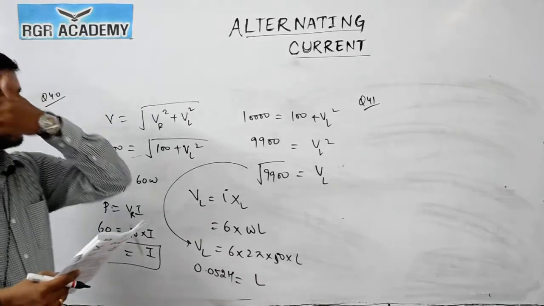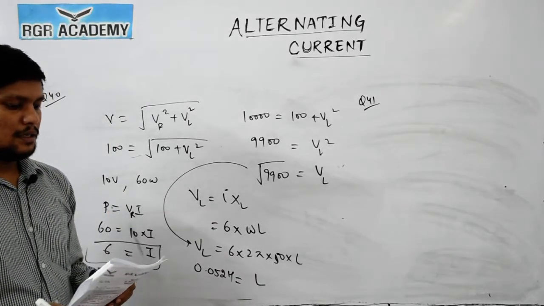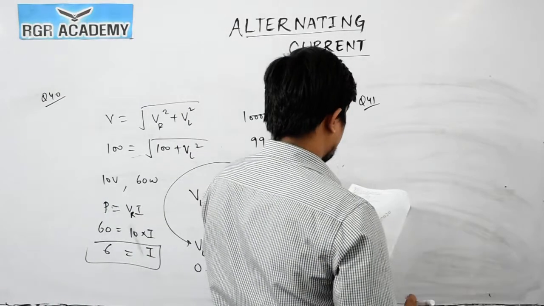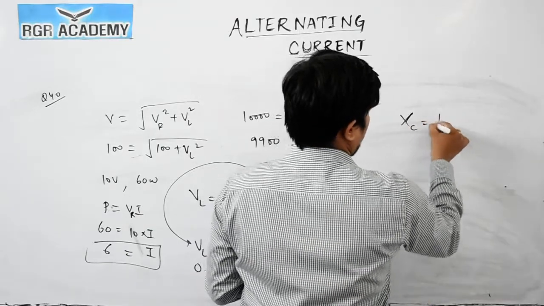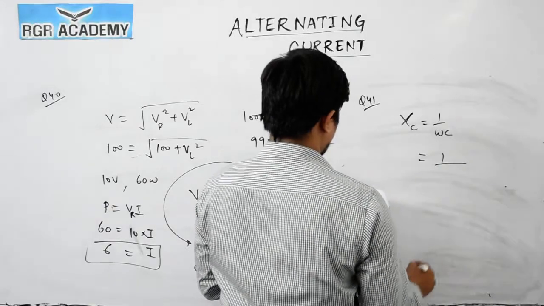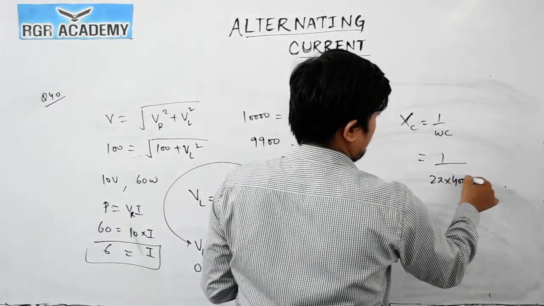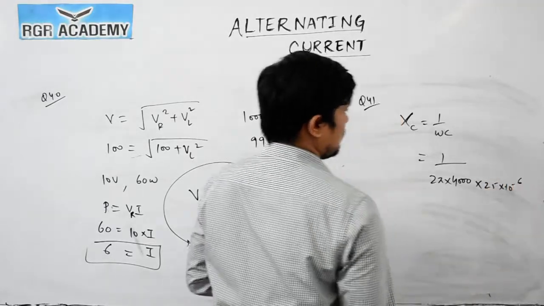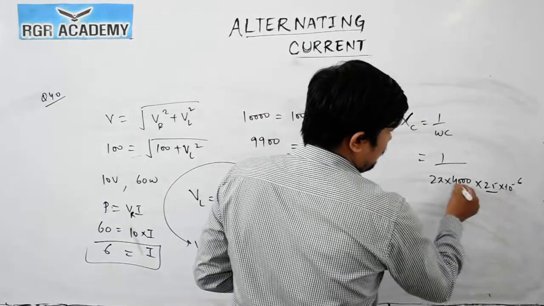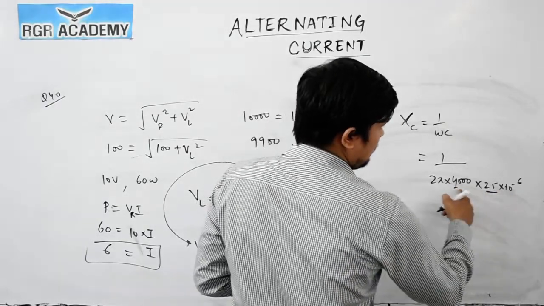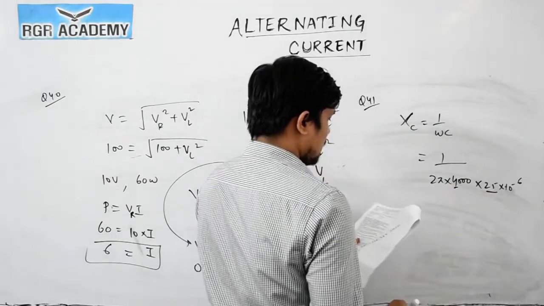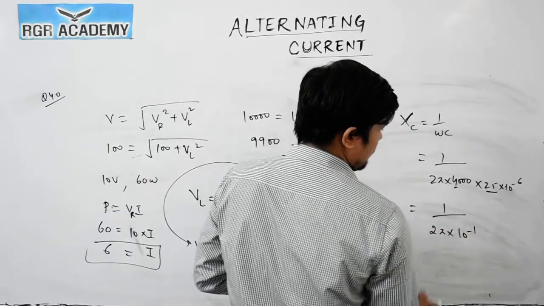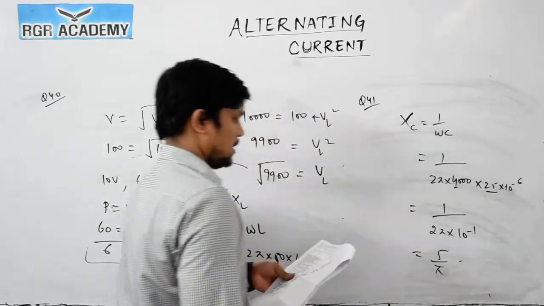The reactance of a capacitor at an AC frequency of 4000 hertz is, okay. So they are asking the reactance. XC is given by 1 by omega C. So 1 by omega, where omega is 2 pi into f, f is given as 4000, into C, given as 25 into 10 to the power minus 6. So 25 into 4 will become 100, so this will become 10 to the power 5. We can write this as 1 by 2 pi into 10 to the power minus 1. So that is 5 by pi. So the answer is 5 by pi ohm.